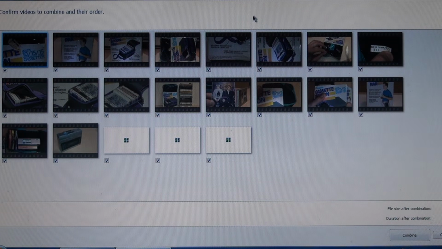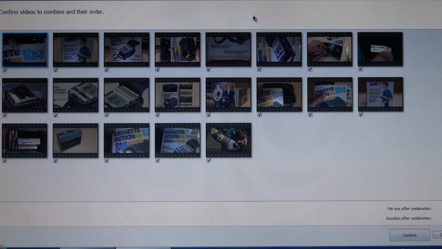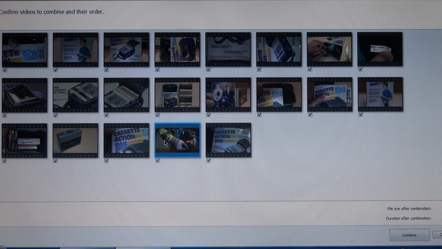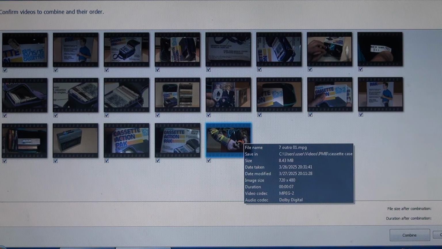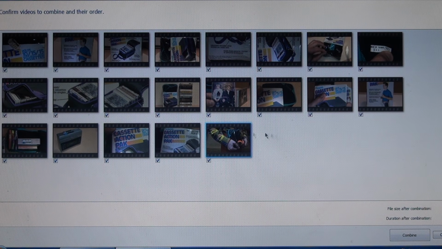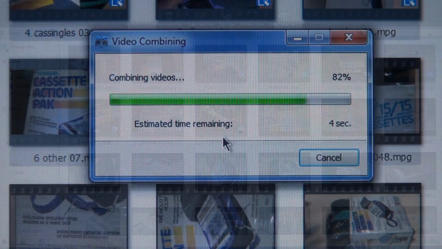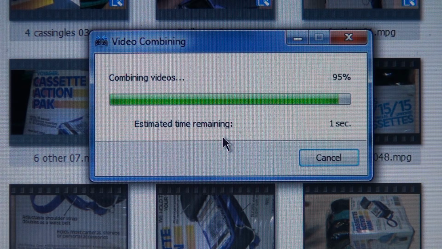And there it goes, showing the order in which the videos will be combined. And even here, I can still make changes by dragging and dropping the clips, although you don't get a preview, so it may be a little bit difficult to tell exactly which order you want based on this, which is why I went through all the trouble of numbering them so that they would be prearranged before I got to this step. So now I just click on Combine, and there it goes, combining the videos.